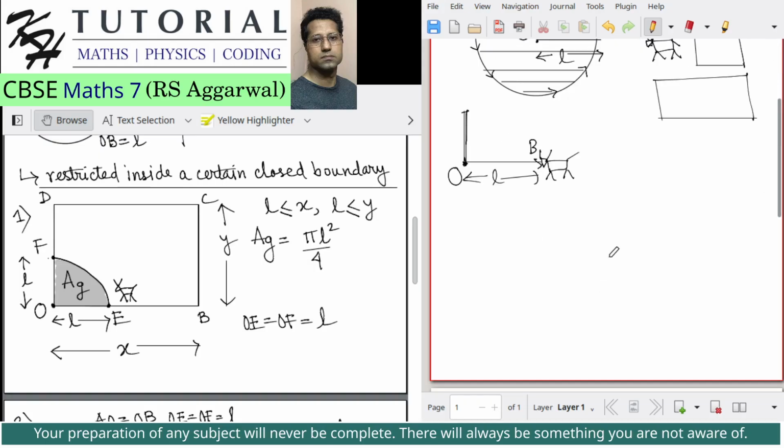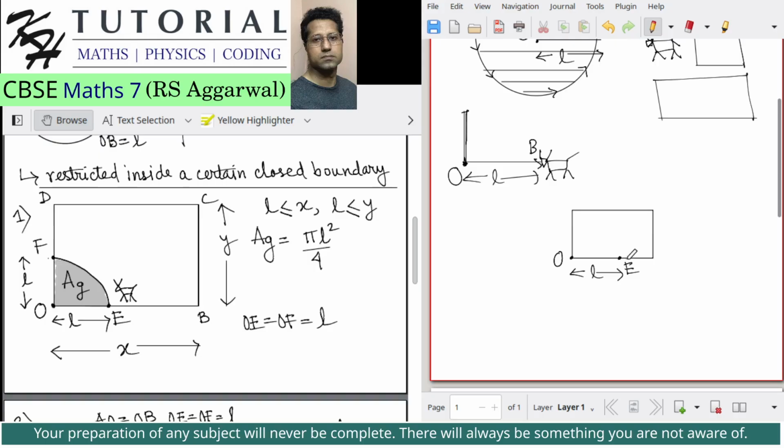So the concept is, let's say, I am taking the example of the rectangle. Let's say this is the restricted rectangular boundary, and this is the point O where the animal is tied. Let's say the length of OE is the rope, this length is L. Now if the movement of the animal